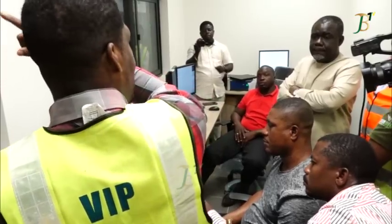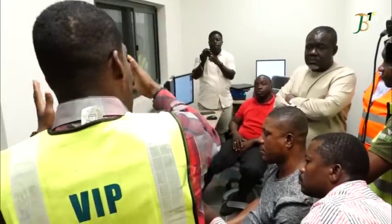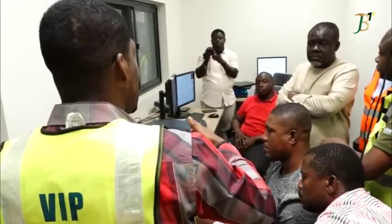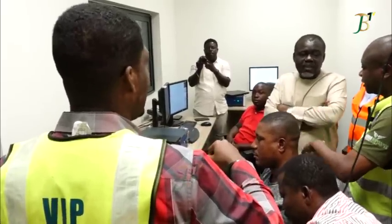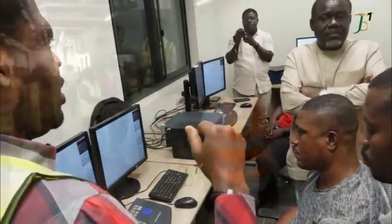The independent aviation security person who is sitting in the middle. So he will be there and then the image will also come. He has a lot of time to really evaluate the bag. If he is also not satisfied, then we have level 4, which is physical inspection. And that's the room that's